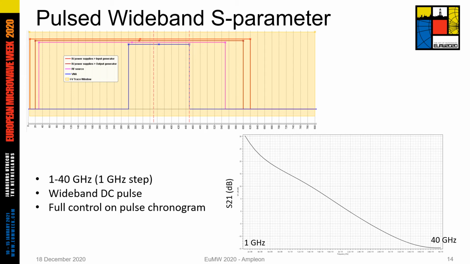I will give some examples of the measurements. This is a double pulse S-parameter measurement. This double pulse is used mainly for gallium nitride devices to capture the effect of trapping, and also to have full control of the pulse chronogram. As you can see here, with advanced setups we can put a proper timing between two pulses to capture different effects, turning on the device, or trapping and detrapping the surface traps, and then we can do the measurements up to very high frequency. Here I put the example up to 40